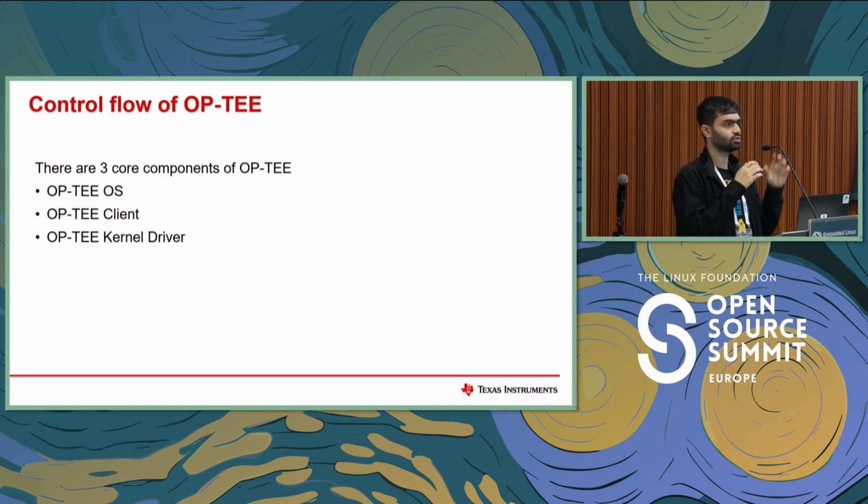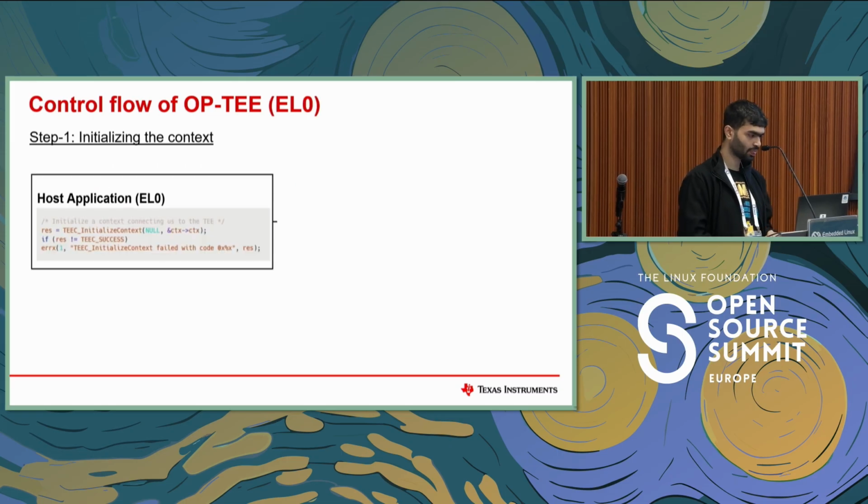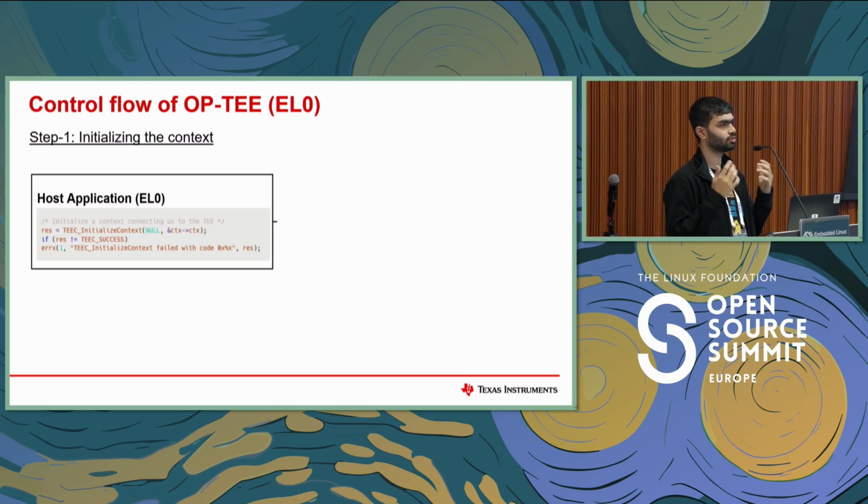These are all linked to any of the user space applications on the non-secure side that can help you communicate the full flow from the non-secure side to the secure side. And then you have the OPTEE kernel driver, which I had mentioned previously, is the underlying layer on the non-secure side, EL1. So we'll go through the control flow of OPTEE step by step